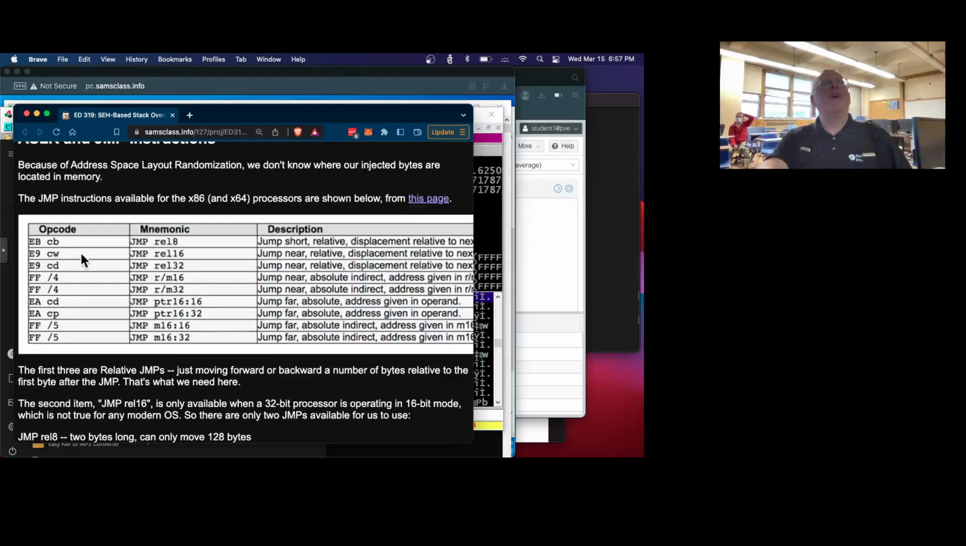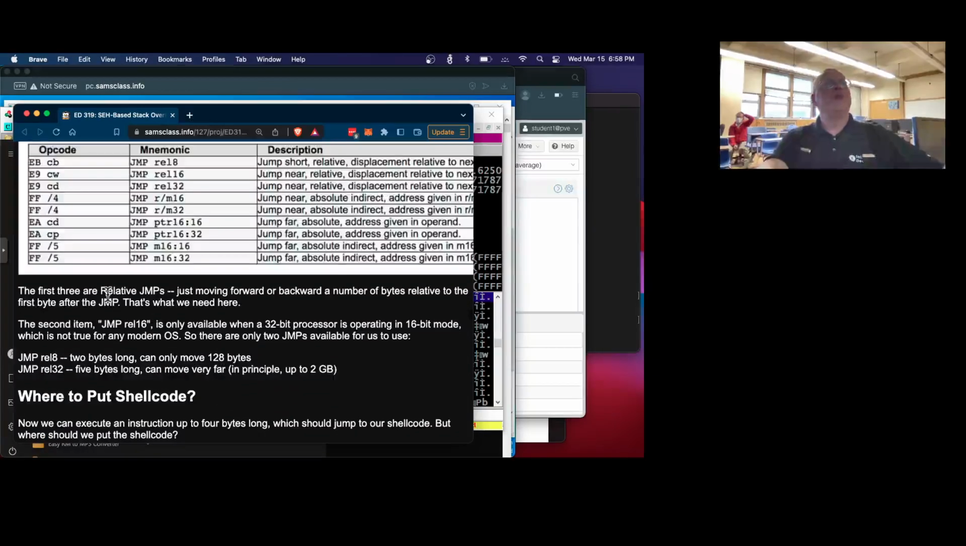If you want to jump back further, you're going to have 5 bytes, jump a relative 32. So the first 3 are relative jumps. That's what we need here. The rel 16 is only available when it's processing 16-bit mode. We don't have that. So the only thing we can use is the jump rel 8 and the jump 32,